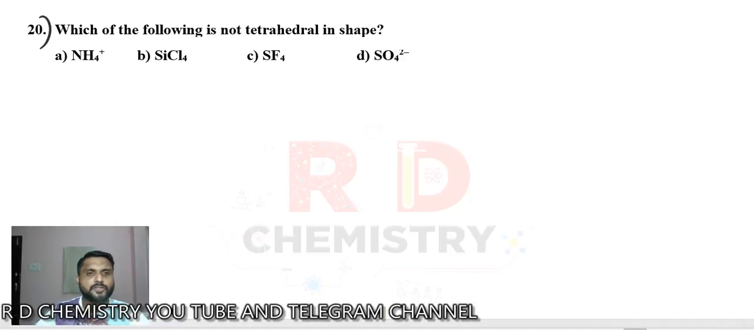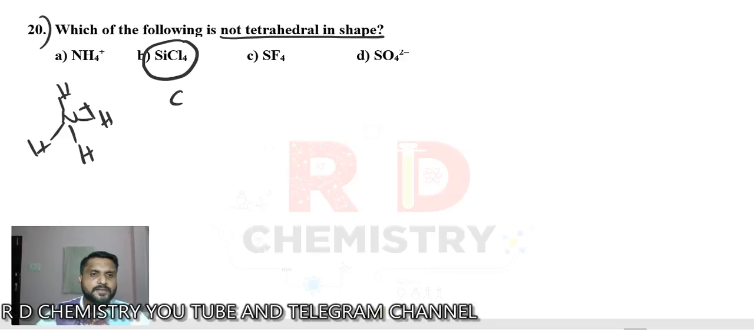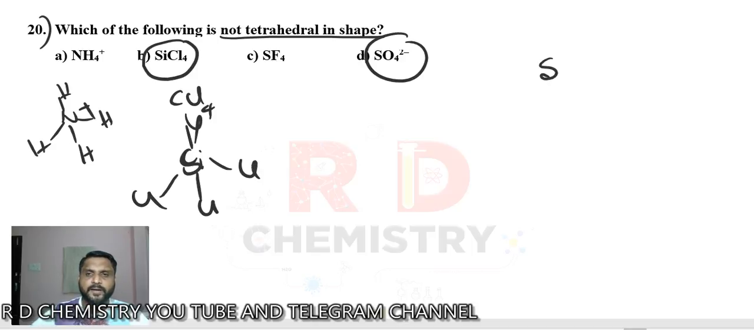Question number 20. Which of the following is not tetrahedral in shape? Ammonium. It has got a tetrahedral shape. Silicon tetrachloride, just like carbon tetrachloride, it has got the tetrahedral shape. Sulfate, let me take sulfate, S double bond, 1, 2, 3, 4, double bond, single bond,